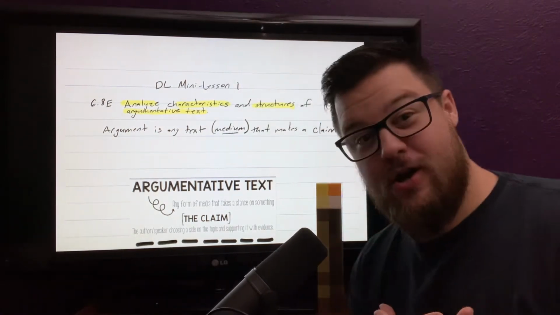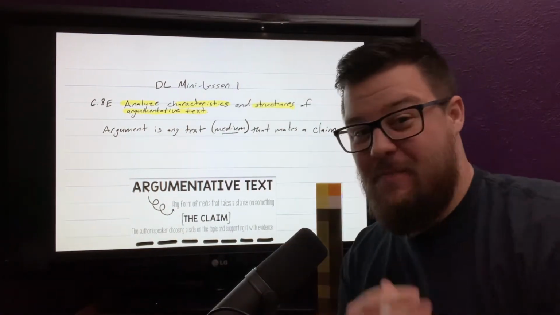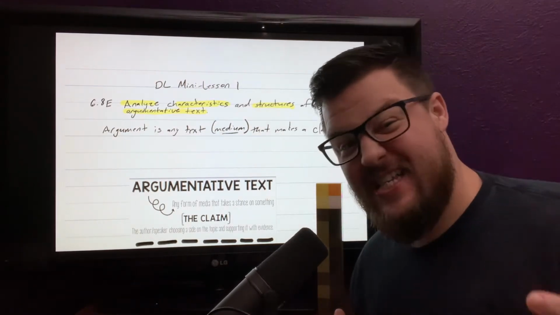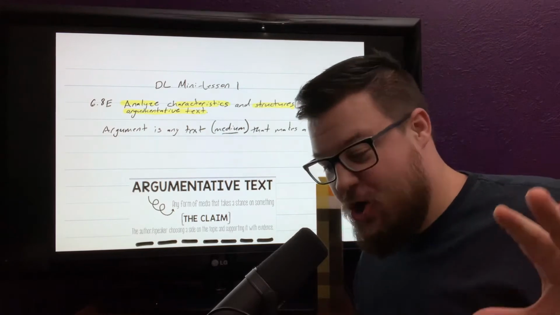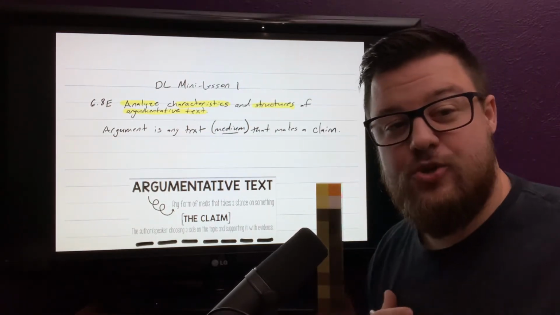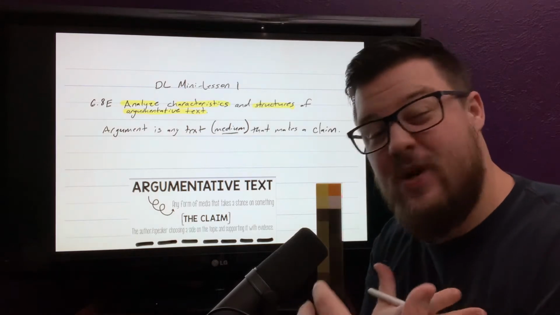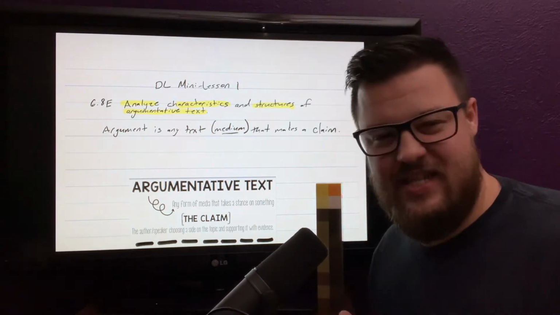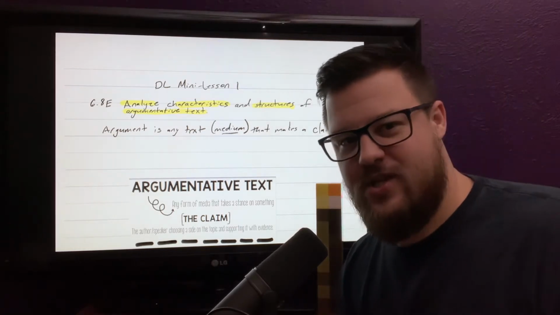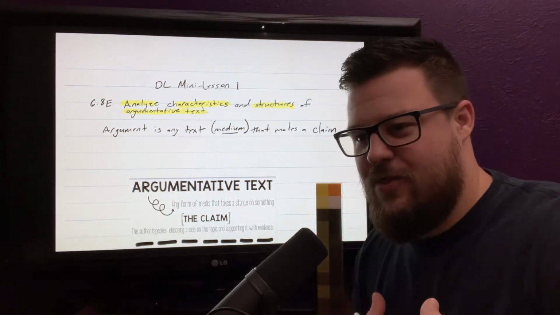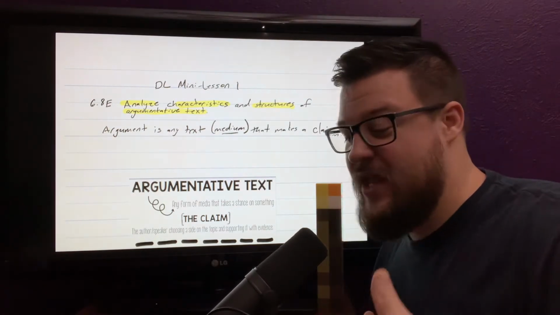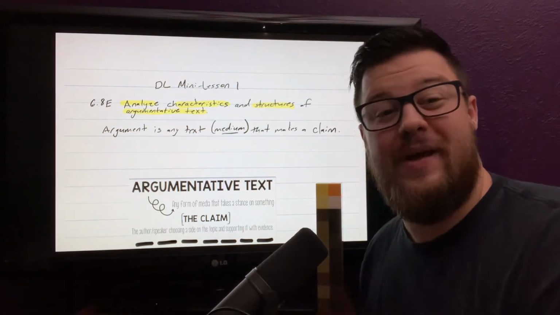We are continuing our conversation with argument, debate, claims, all that fun stuff, and we're gearing up for our debates that we're going to be having across our classrooms. We're still working with the same standard, but we're going to talk about fallacies and persuasive techniques today. Now, we've kind of simplified this a little bit, and we might get a little deeper as we go farther into this, but these are kind of like your essentials that you really need to know in order to be successful as we start gearing up for our debates next week.